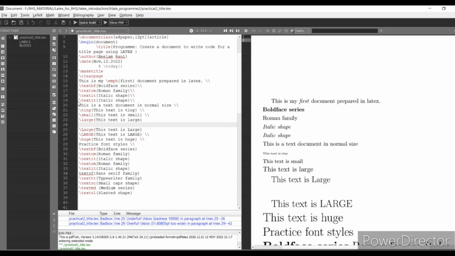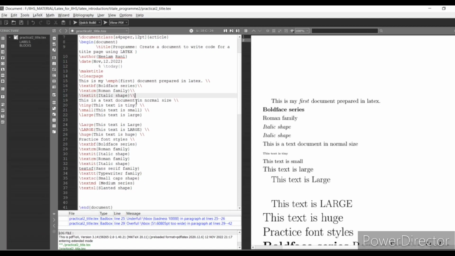I wrote \text it 2 times, so I will eliminate the first line here because it is written 2 times. The Roman family, italic shapes. Now I am writing a normal size document. Then I wrote the,